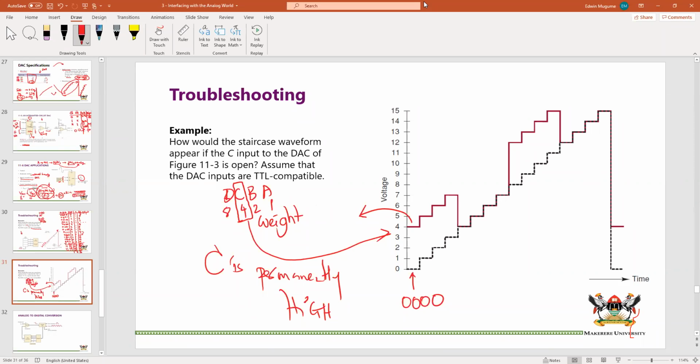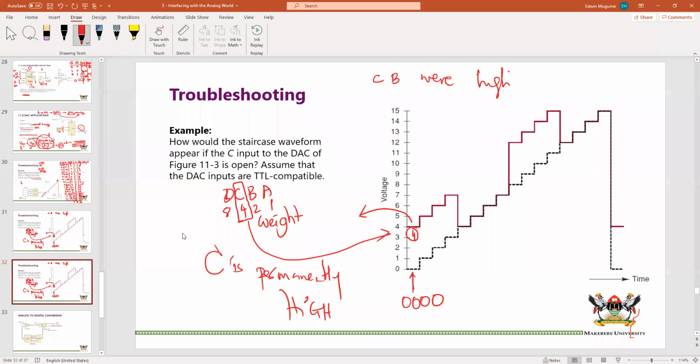Yes, Amanya. I think Amanya asked for the analog equivalence of C. Kindly elaborate about the 4. Yes, I have just explained this. Because instead of having a 0, we have a 4, we should look at the weights of these inputs. Imagine C and B were high permanently. Let's just look at an example. If B and C were permanently high,